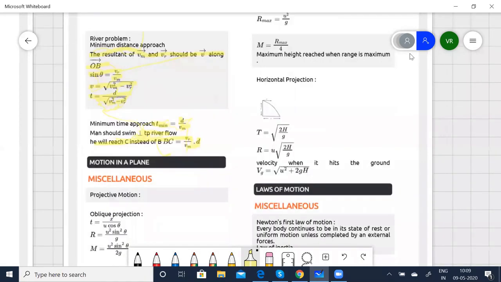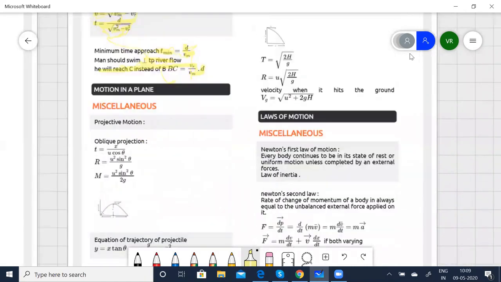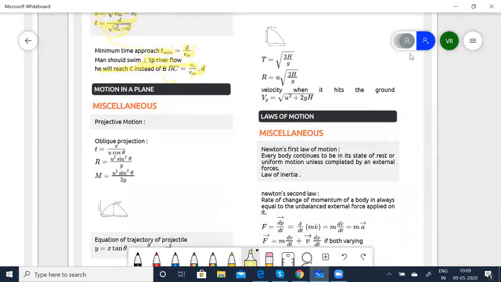Now coming to the motion in a plane. As I told you, for motion in a plane, questions expected can be 1 to 2. Again, the percentile weightage for this particular chapter is 1.5. So be prepared, even though you might think only 1 or 2 problems, it has weightage. Definitely one problem will come from motion in a plane. So you have to be prepared for this.